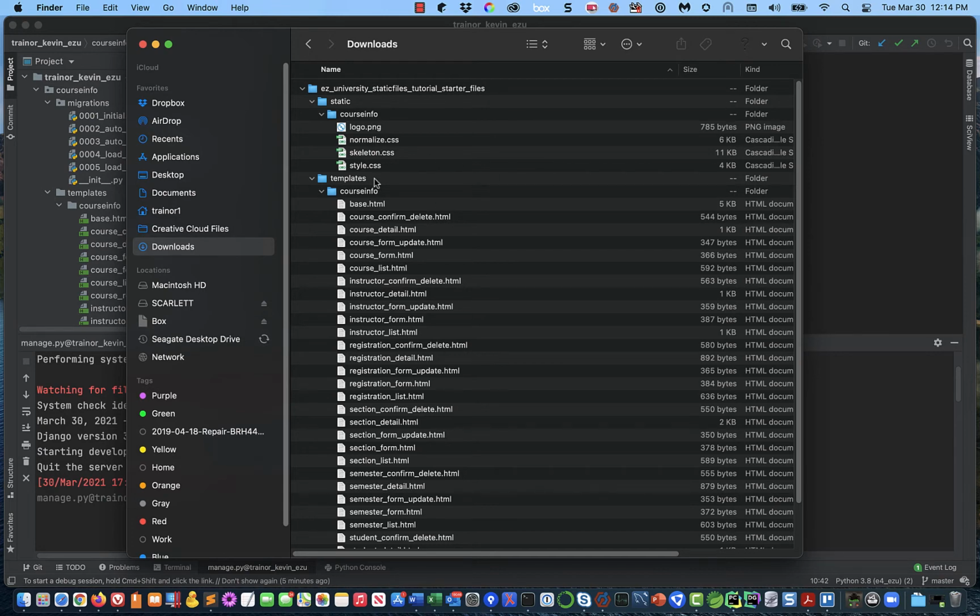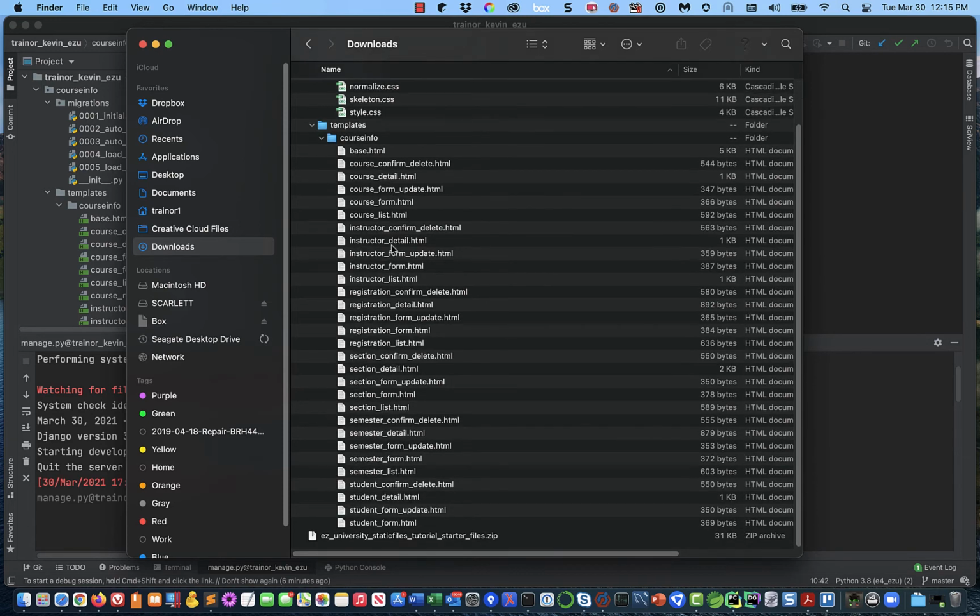Okay. And it's got two main subdirectories. One's called static and the other was called templates. Templates should be something that you recognize. We have a templates directory in our course info application, and the directory structure looks like this. And then we've got a bunch of pages,